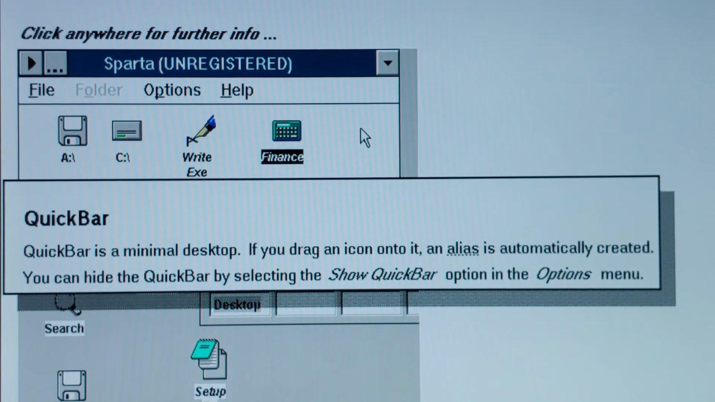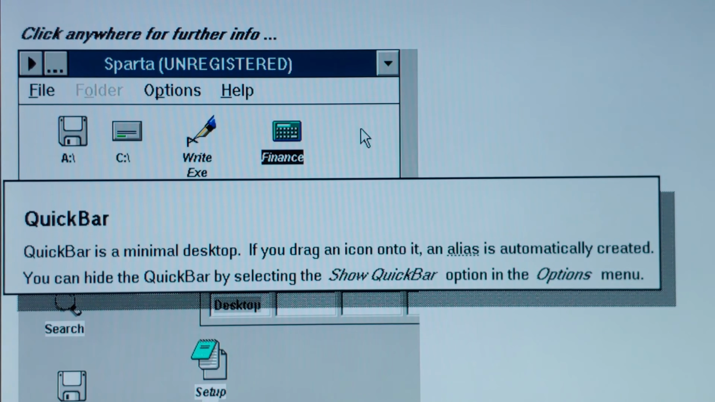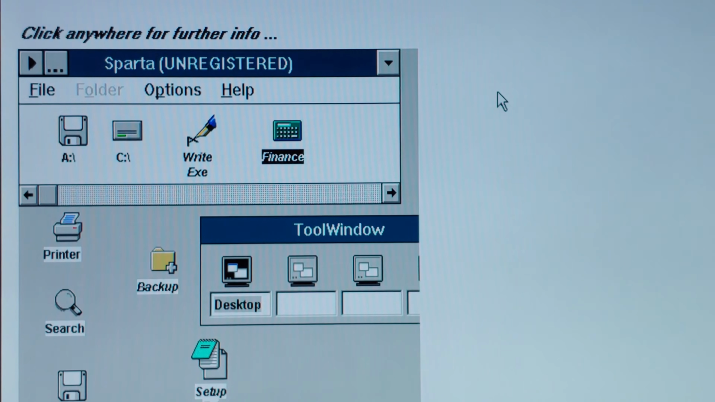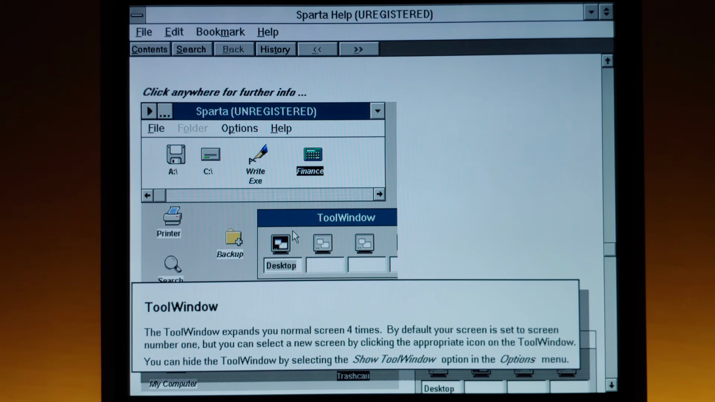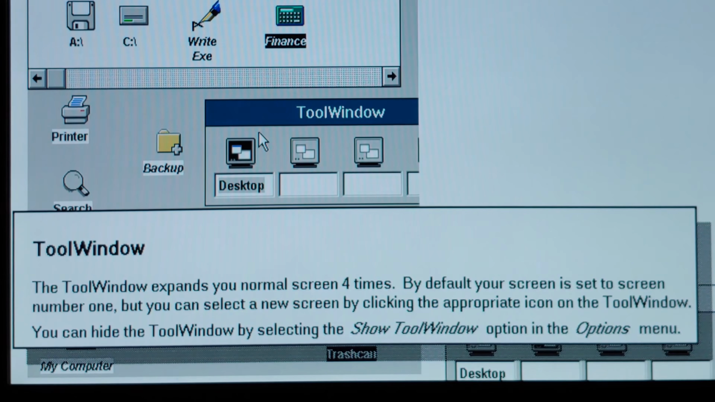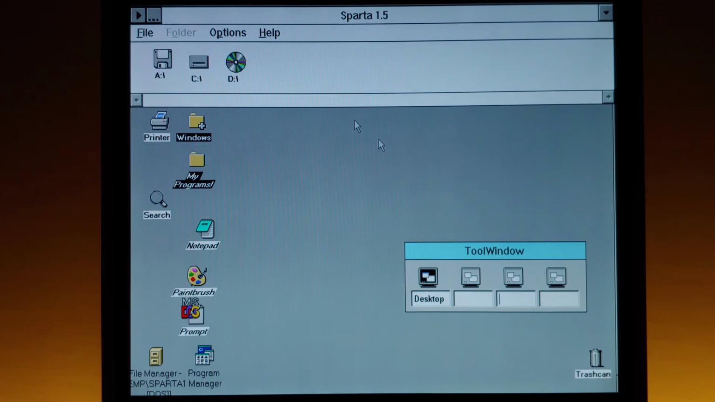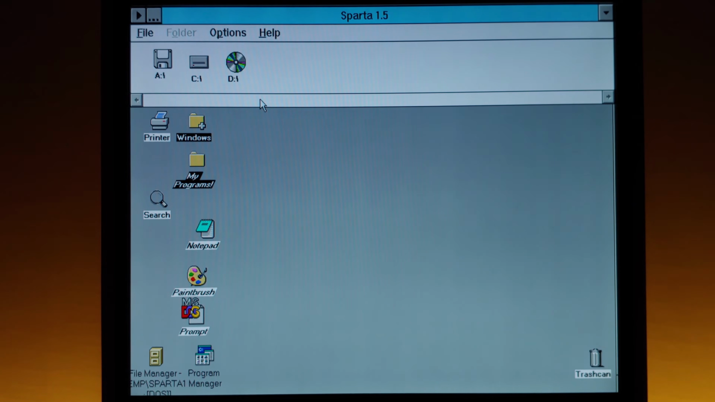Here's what the quick bar is. I call it the launcher, sorry. Quick bar is minimal desktop, drag an icon onto it, alias automatically created. You can hide the quick bar by selecting the show quick bar option in the options menu. We'll try that next, of course. If we click here, the tool window, expand your normal screens by 4 times. Again, multiple desktops there. And you can hide it, it looks like, in the options menu. But again, that's only available if you do it from here. So, hide tool menu,